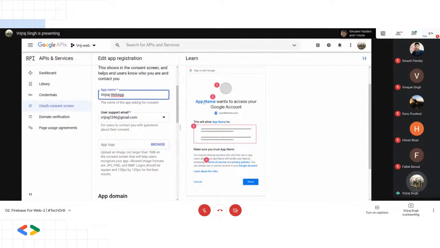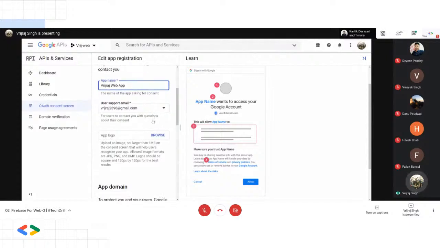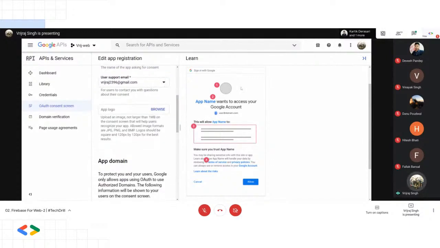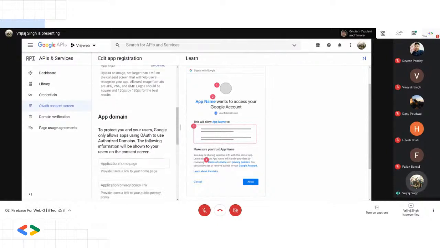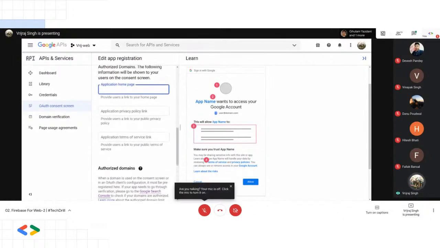It will be visible here. We can change the application name, and here we can add a support icon. By default, if you are authenticating your user with a Google account, there will be a Google logo. Here I can upload our logo for our services,